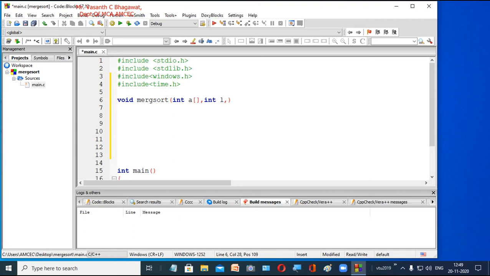So we declare int L as the low. Next we need a high pointer, so we declare it as int h. So three arguments we are declaring: array A, and for its size we take two pointers, that is, 0 will be the low and n will be the high. So this is the function heading, right?